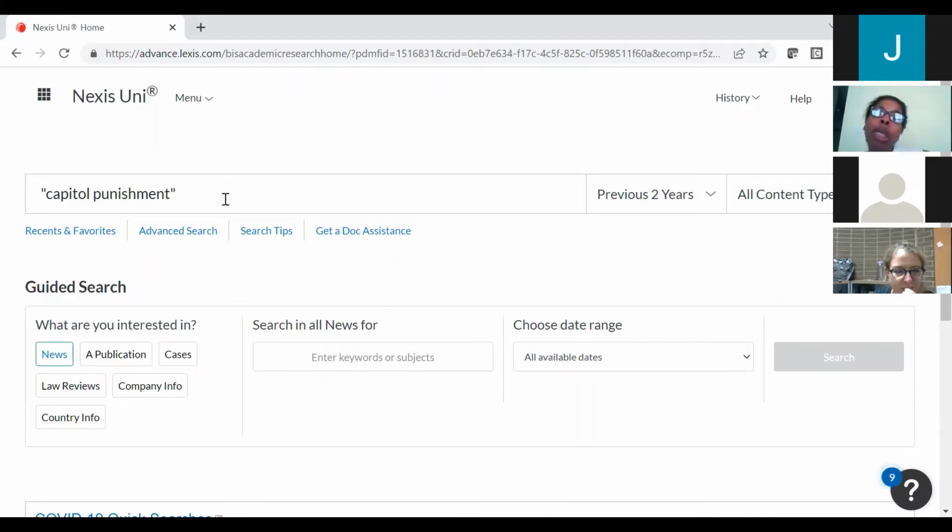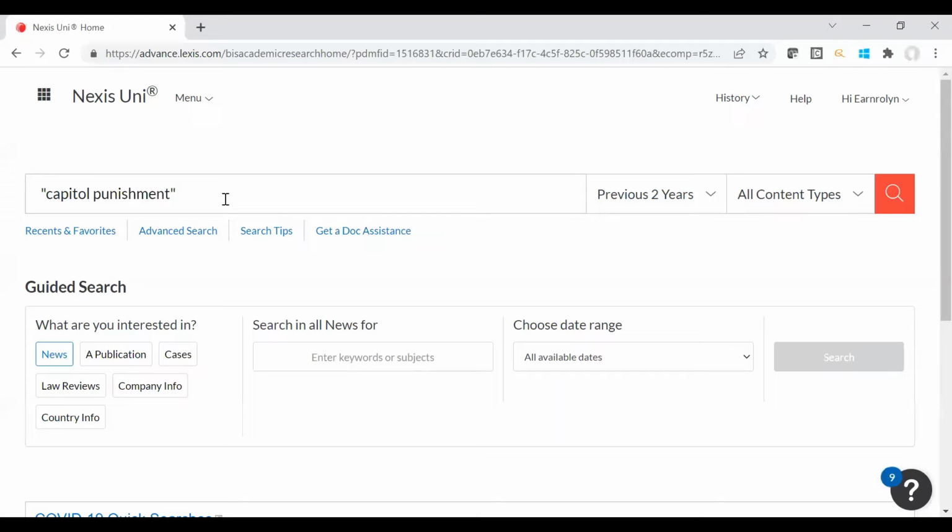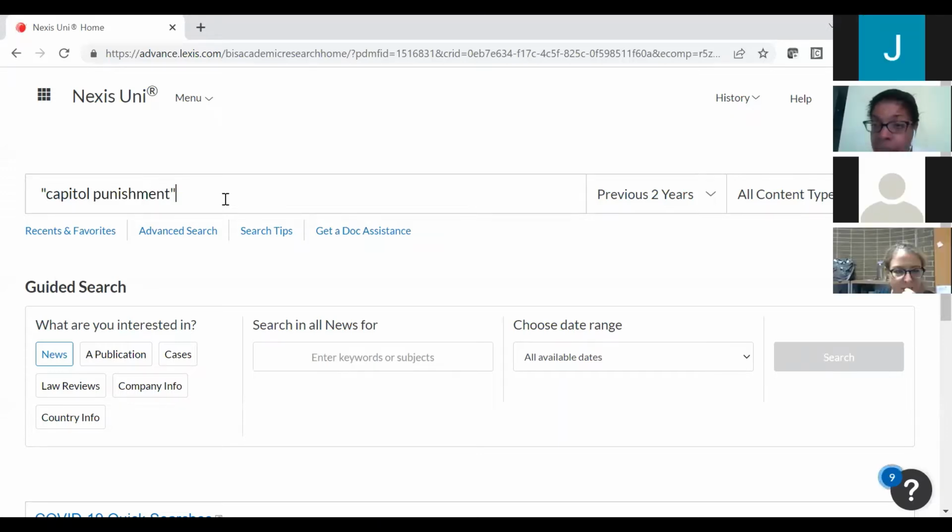We've got some other legal terminology that means the same thing: death sentence, death penalty, death row. So depending on what you're doing research on, sometimes you need to take a moment and think of what other search term you can put in that means the exact same thing. Like I said, free speech, freedom of speech, capital punishment, or death row,